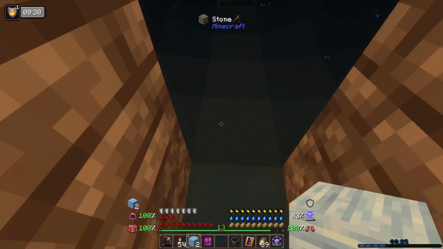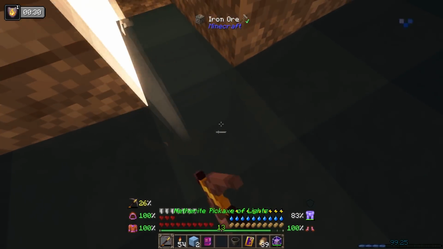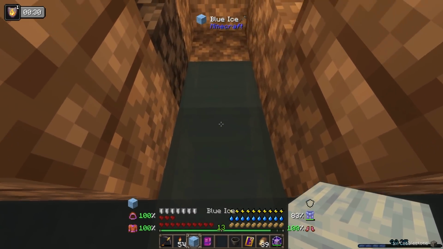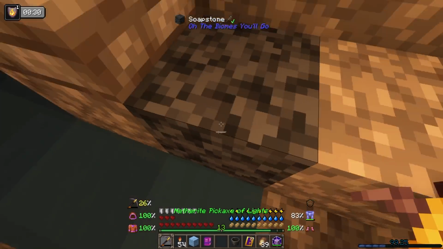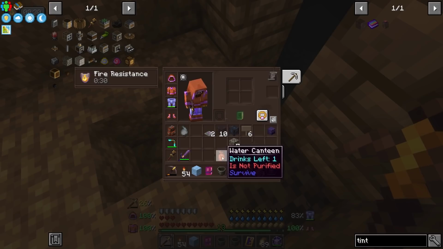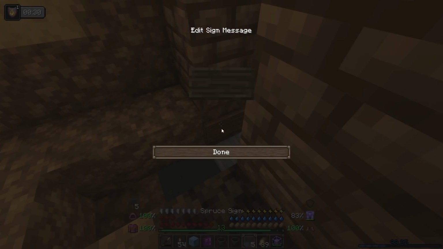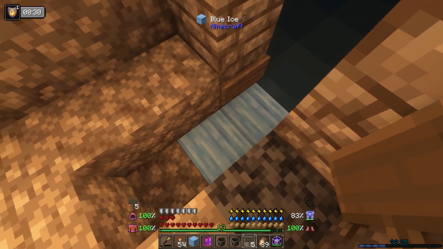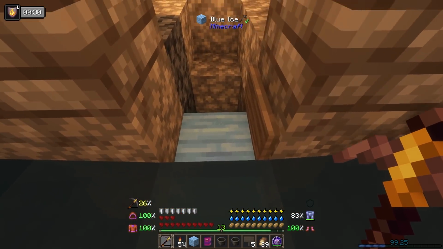I might want to maybe sign this part instead. So I'll place the blue ice here. And then I'll put the sign here and I'll have this be the hole. There's not a great way to get them to fall into a hole, really. So if I put the sign there, not trapdoor, I put it there and I have this be ice. Hopefully